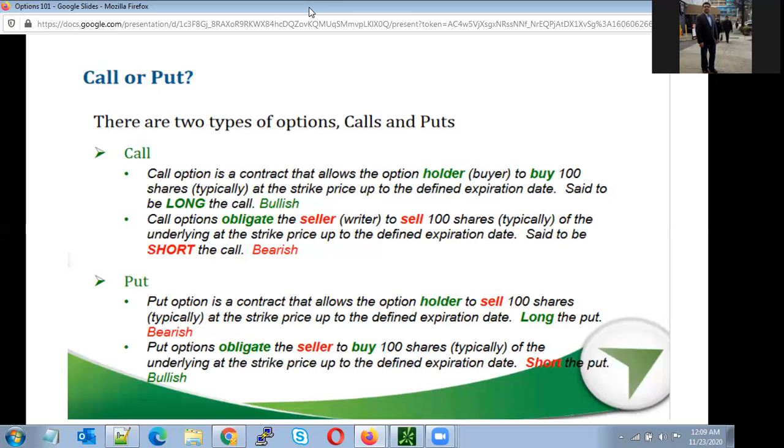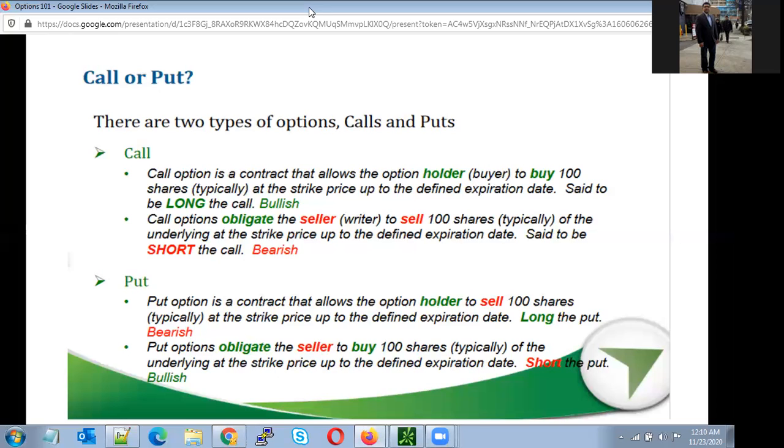When you are buying a call, you are paying for something, so your risk is only what you paid. When you are paying for something, your risk is what you paid for that contract. So you can't lose more than that particular premium you paid. That is the risk limit, right?